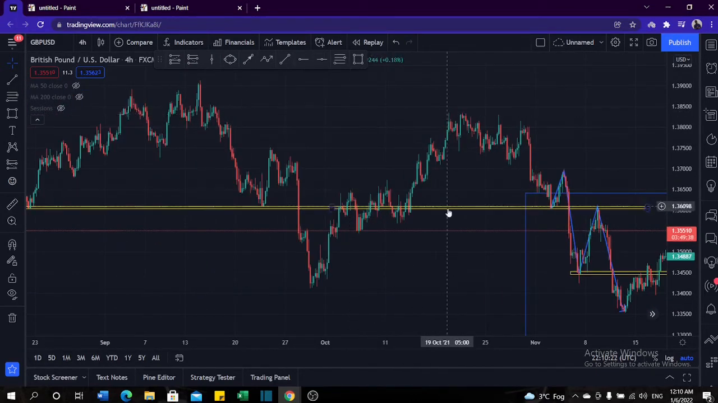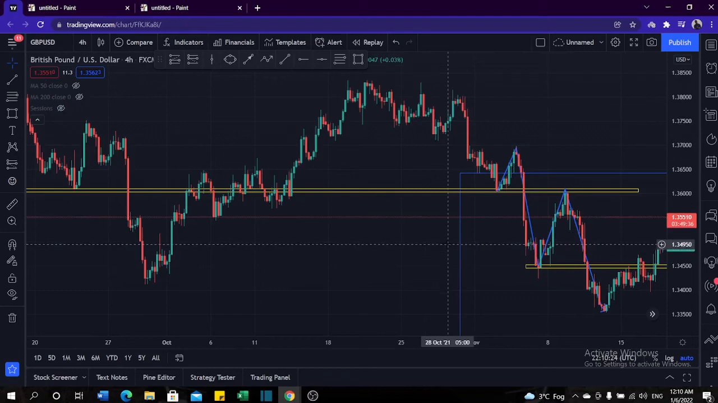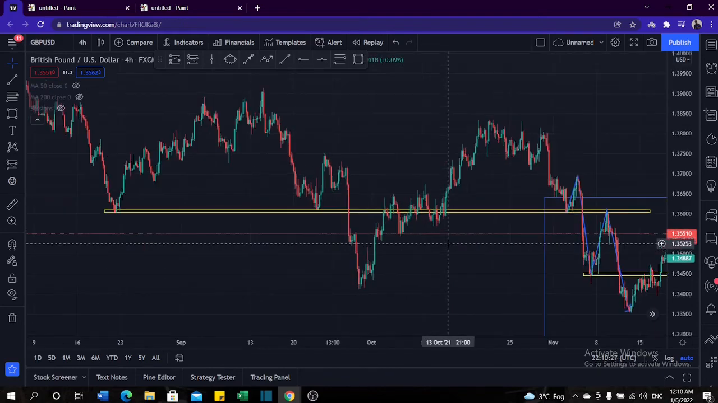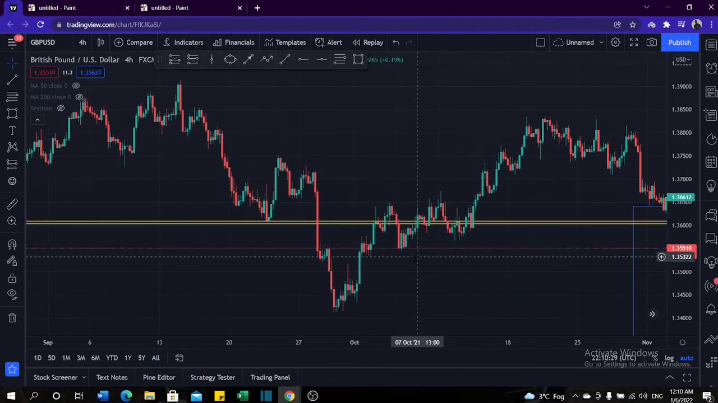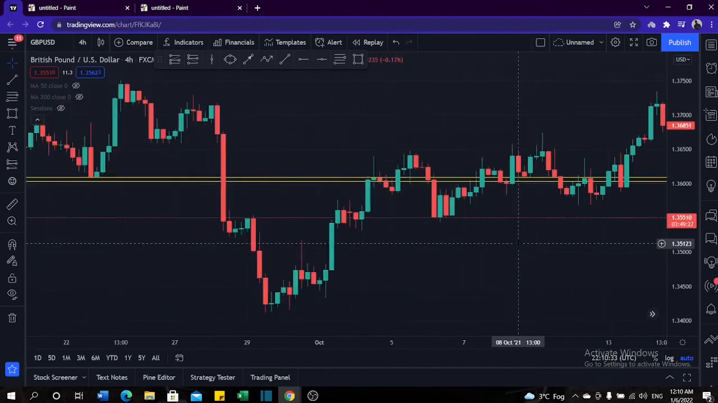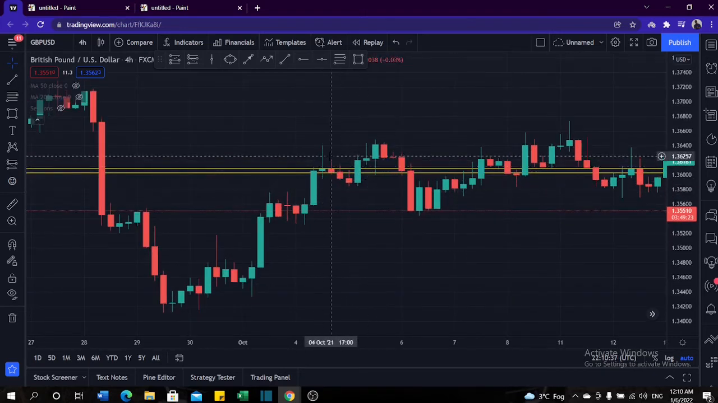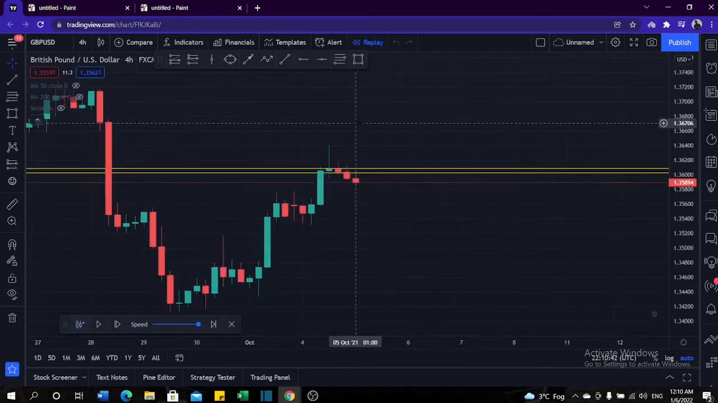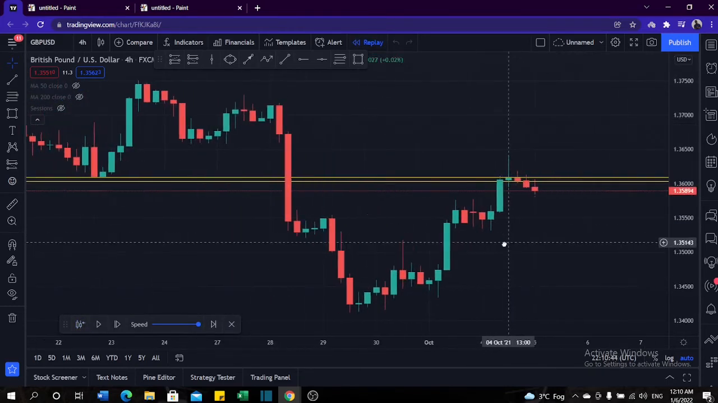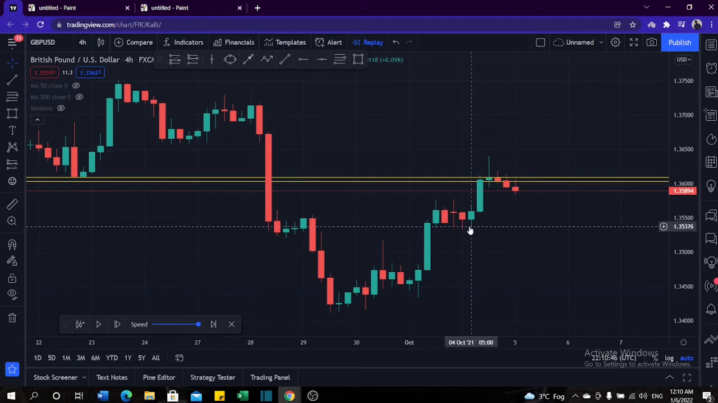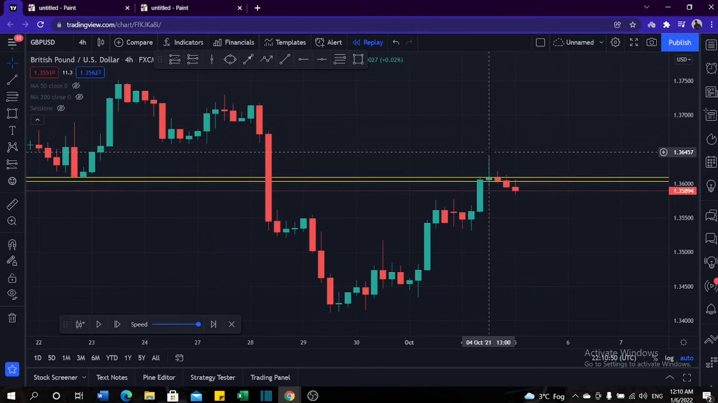I'm going to use a minor support slash resistance area. Let's use, yeah, this looks pretty fine. So let's use this example. When price tried to break above, but remember this is not a break because the next